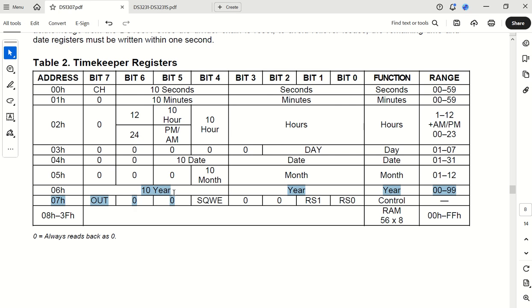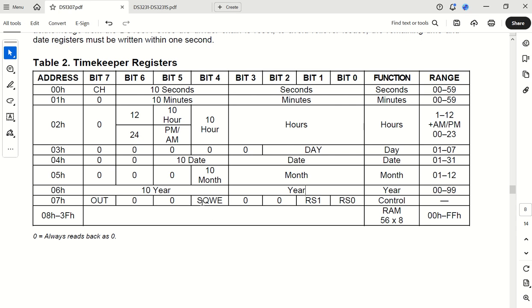And then, of course, when this thing starts up, it's actually programmed with the year 2000. That's what it starts up with. So all we have to do at this specific moment, I'm doing this in 2025, as it says here, it's going to be 00 to 99. So I will place in this year address a value of 25. So I'll place 2, which is 1 0. Bit 5 will be a 1, and bit 4 will be a 0. And 5 will be placed in the lower area, the lower nibble, which means it's going to be 1 0 1, which will be placed in here.